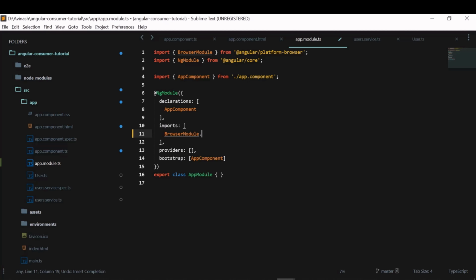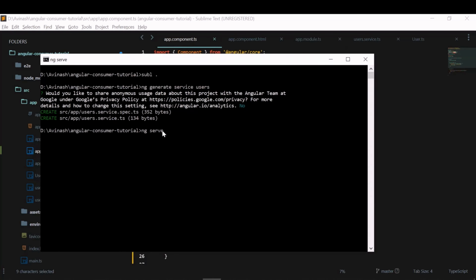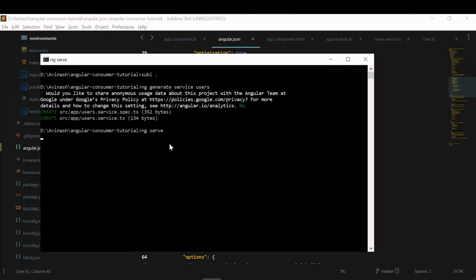Let me just run this and see now. I go to the terminal. For running this Angular there is a command called ng serve. All these commands, we can also change these commands to what we want. All this will be set in this angular.json file. There will be commands for ng serve, ng build, and hopefully it should run at port 4200, and we should be able to see the data.